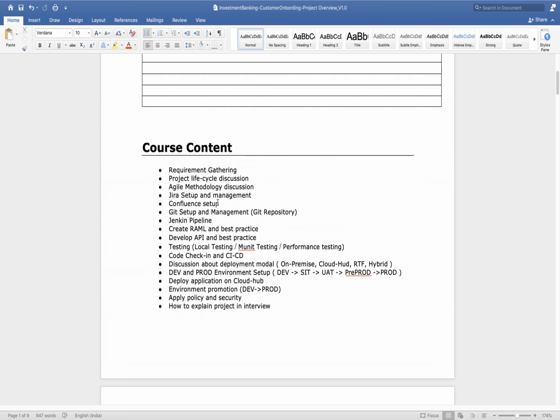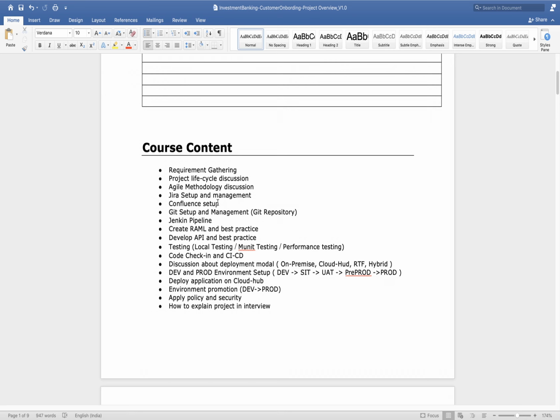Okay, next, Git. Till this point we have discussed Confluence, which is a repository where we maintain our documents, but there we can't maintain our code. For Git, for whatever API you will develop, to manage your source code, we need again one central repository, and that is a Git repository.